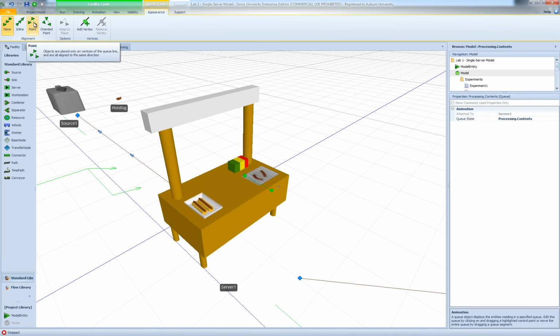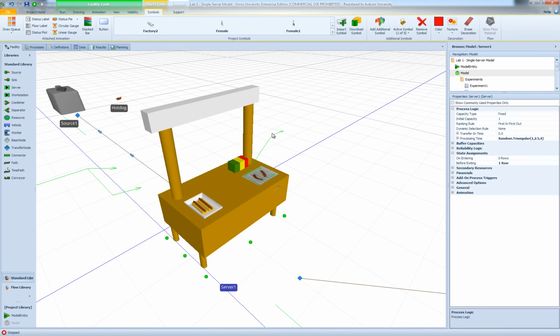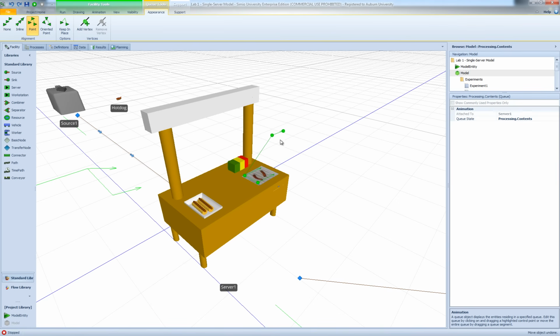So I'm just going to use a point oriented queue, so you can have different points. I don't want to move it, I just want to change this point and bring it here. Let me add another one